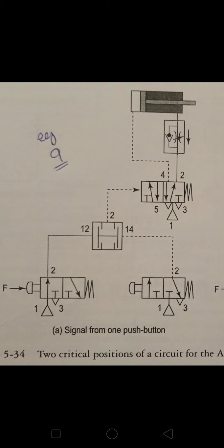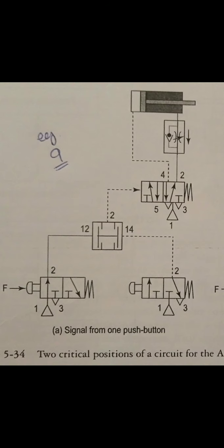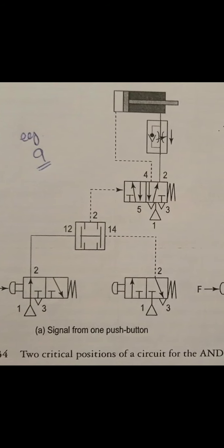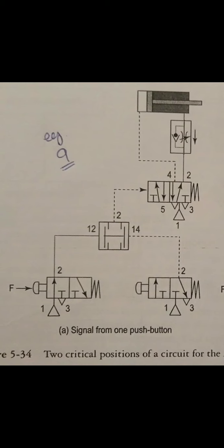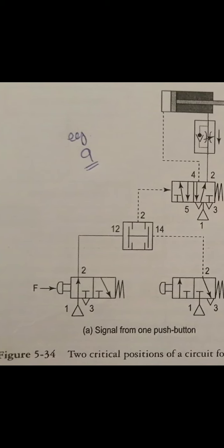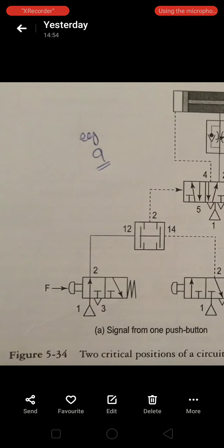Okay, I'm explaining this again. The requirement of the given control task is the well-known two-hand safety operation. This means that an operator can operate the machine for clamping the workpiece only by pressing the two push buttons simultaneously, and he has to use both his hands to do this. So you can see the two positions of the pneumatic circuit, and this is how it works.